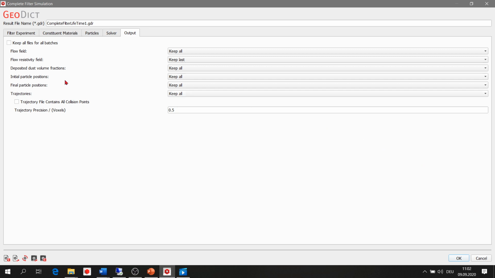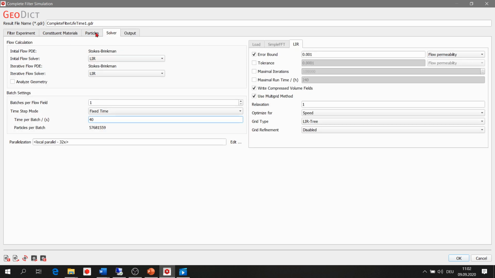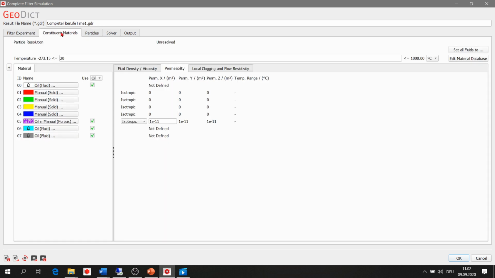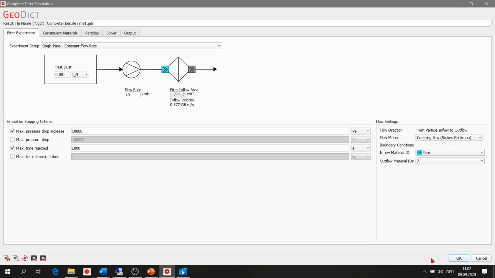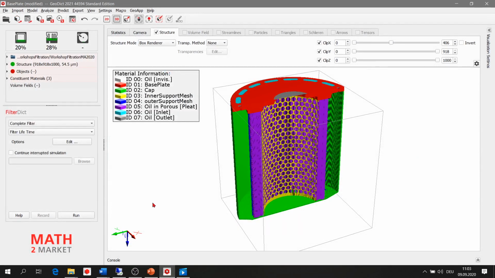Okay, when you're done with all the settings that we talked about, you can click on OK. Please don't forget this, otherwise the changes that you made will not be considered. So always click on OK, and then the simulation is ready. You can click on Run.